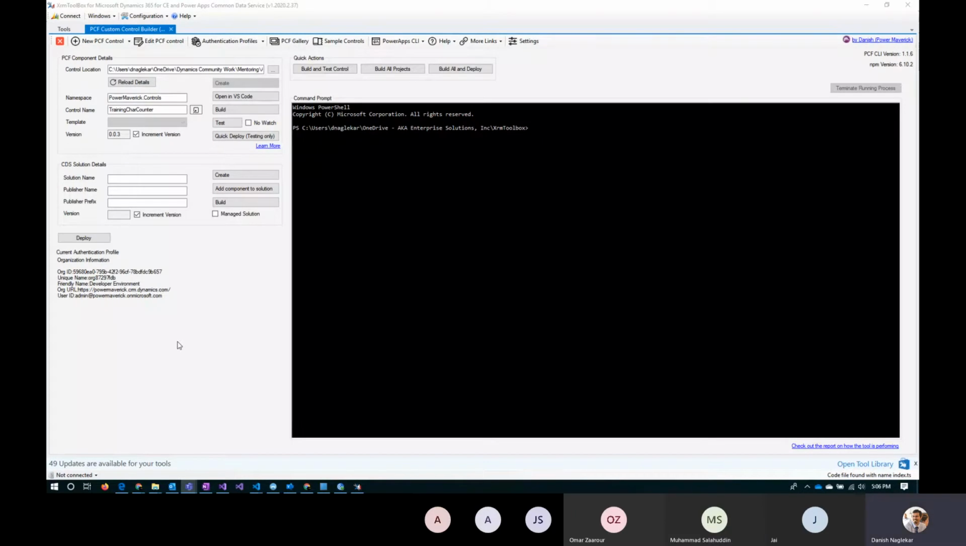Anyway, coming back to the deployment strategies. Now we have already talked about the CDS solution, but that's not the only way that you can deploy. You can also deploy your controls via a quick deploy method, or what we call in Microsoft language, using